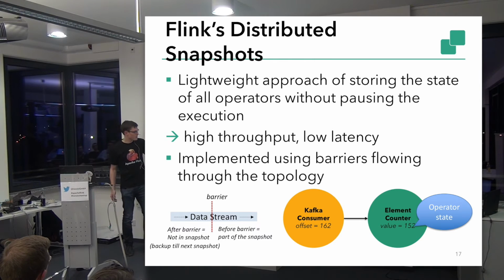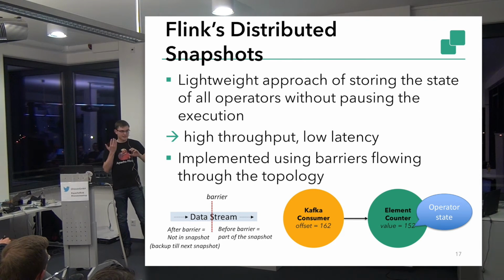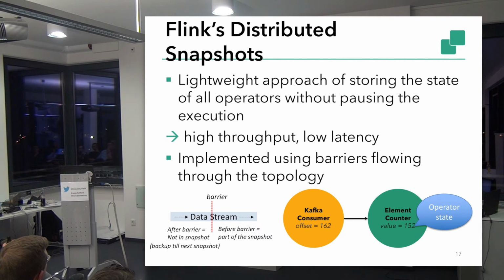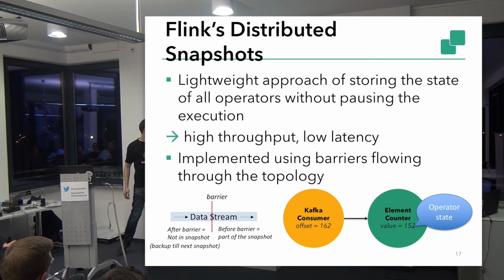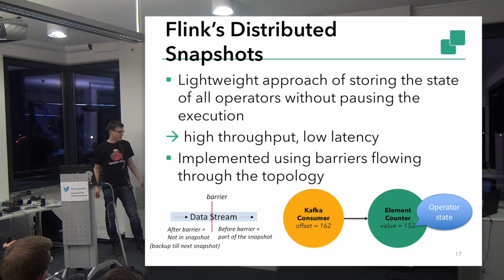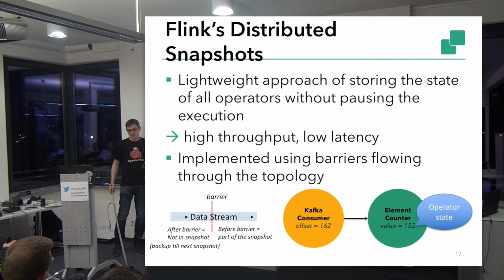And we do this by pushing barriers through the stream. So we send the normal data, and sometimes we send a barrier. And every time an operator comes to the barrier, it takes a snapshot. And once the barrier reaches the end, the checkpoint coordinator knows, okay, now the picture is complete, this checkpoint is valid. So everything before the barrier is part of the snapshot, everything behind the barrier is part of the next snapshot, basically.